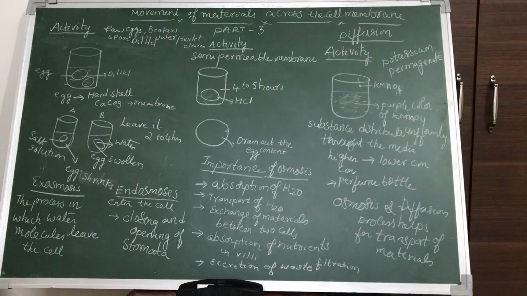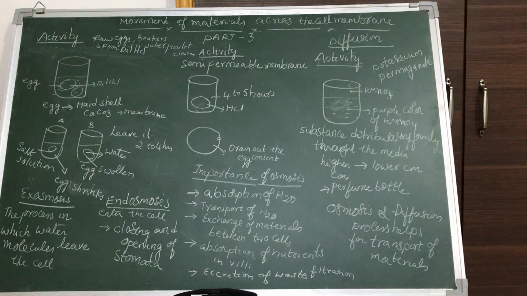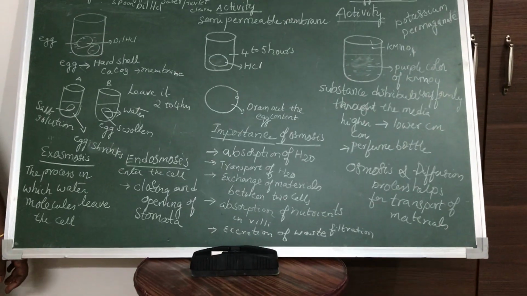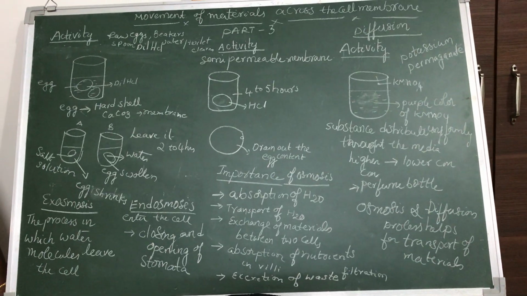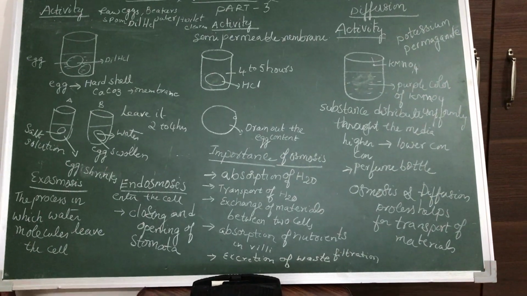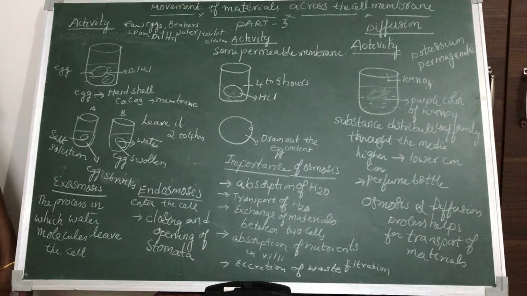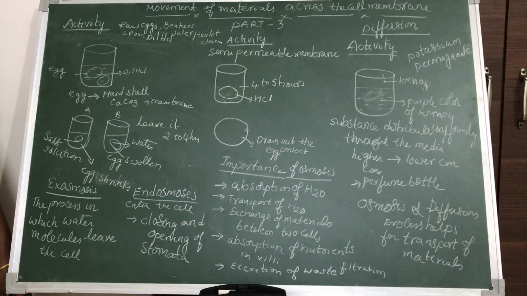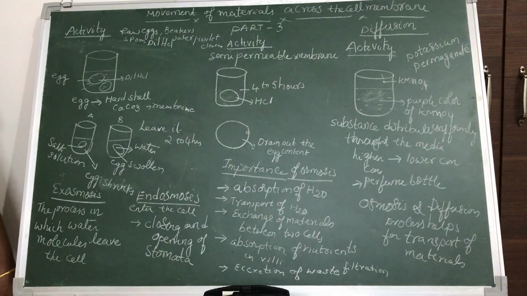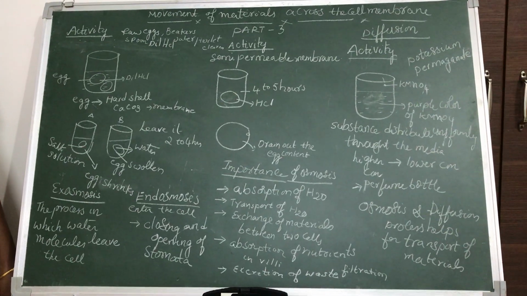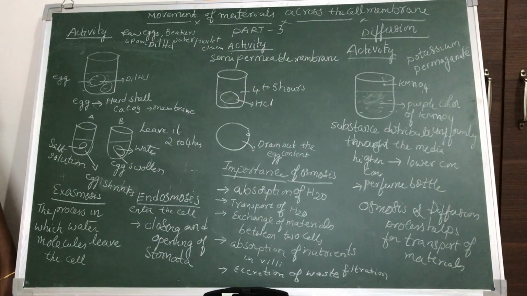In the previous class we have studied different types of membranes: permeable membrane, impermeable membrane, and selectively permeable membrane. A permeable membrane allows both the solvent and solute to pass through it. An impermeable membrane does not allow the solutes as well as the solvents to pass through it. A selectively permeable membrane selects the specified solutes and solvents to pass through it.